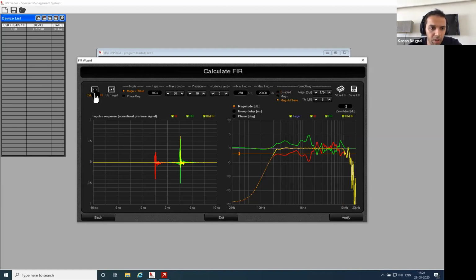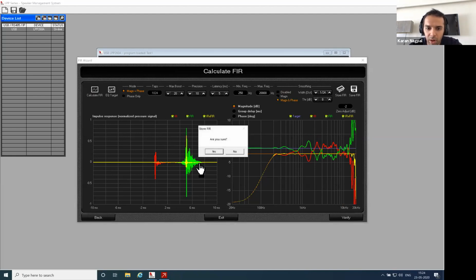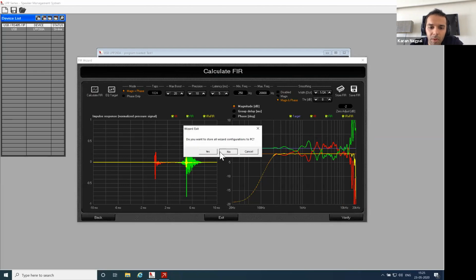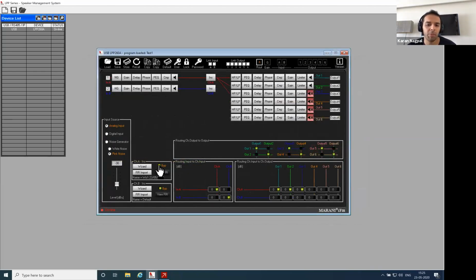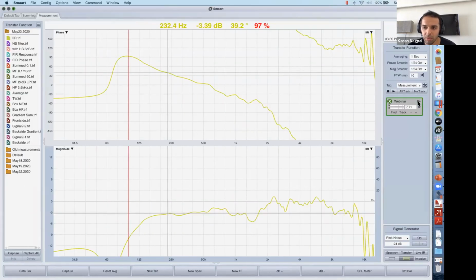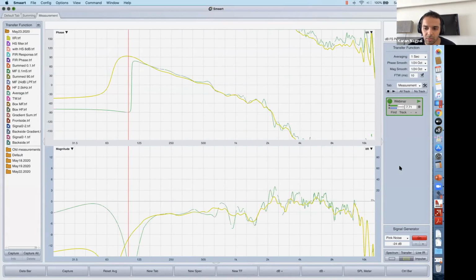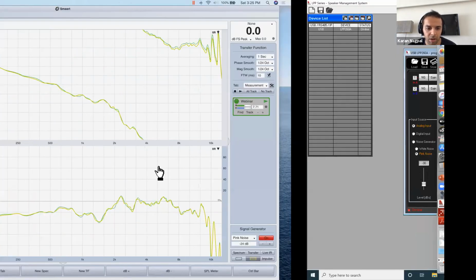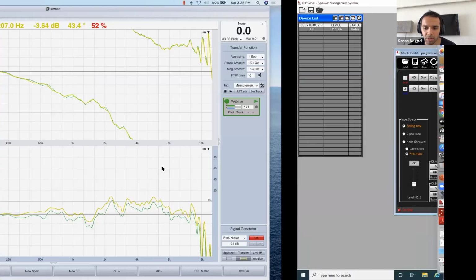And I will calculate the FIR and store the FIR. It's right now bypassed, so pretty much the same response that you're getting, and let's not bypass it.